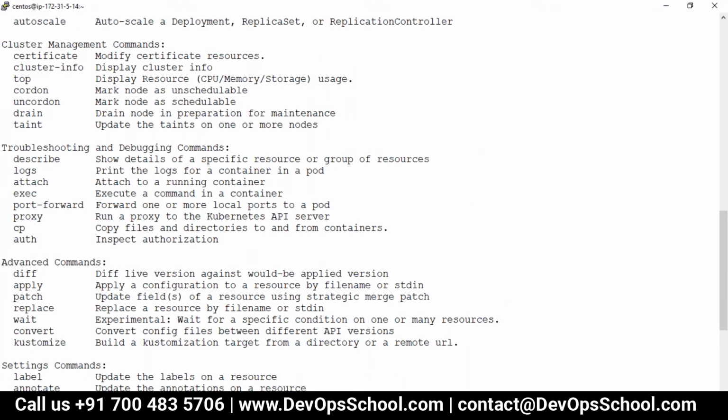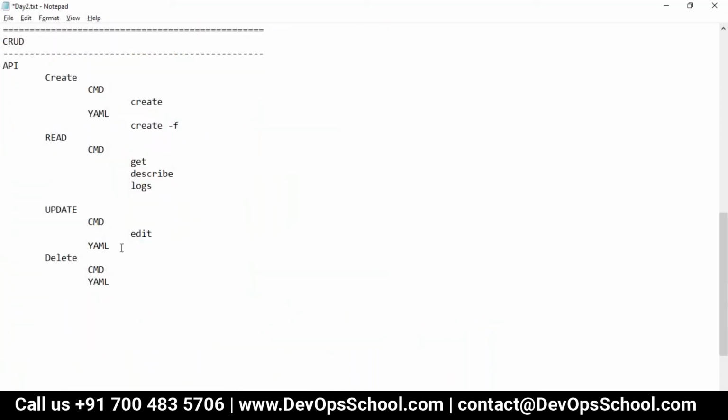We have apply, kubectl apply -f file. Yes, we have apply. So guys, we have apply also. That's true. Apply you cannot use with the command line. Okay, remember you can use it with the YAML. So here you can edit an existing thing. Here you can apply an existing thing, but this has idempotent functionality. If that is not existing, it will create it also. By the way, edit will not create, so this has no idempotent. This has idempotent functionality. Okay, good.